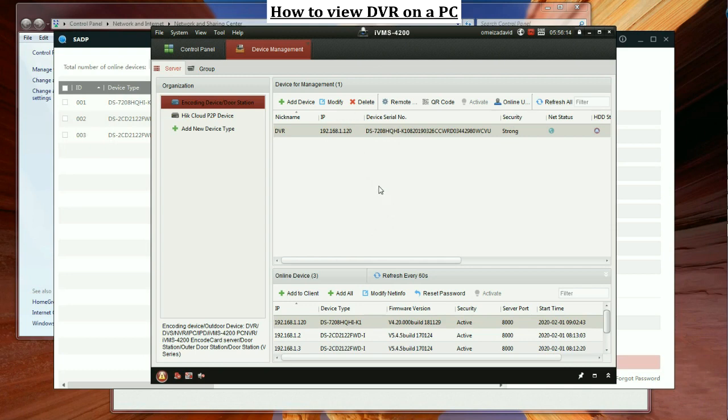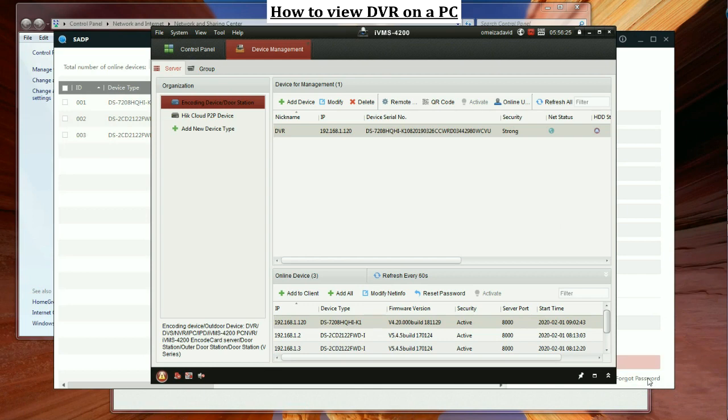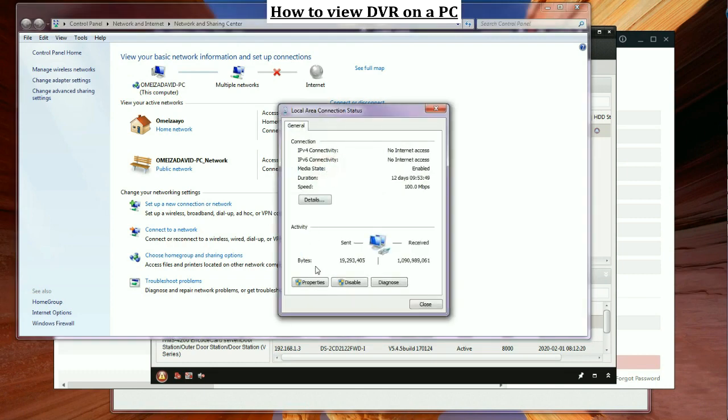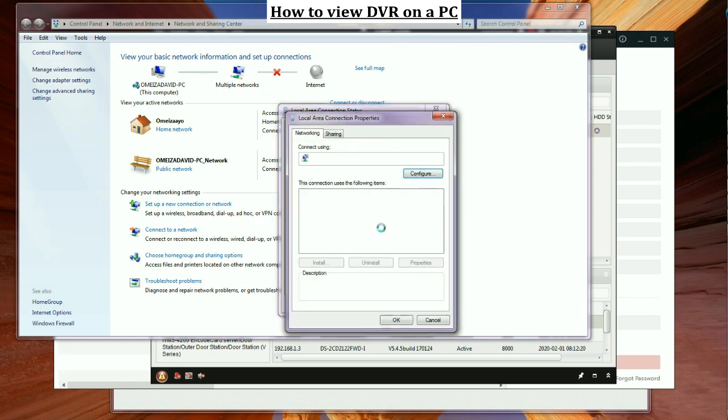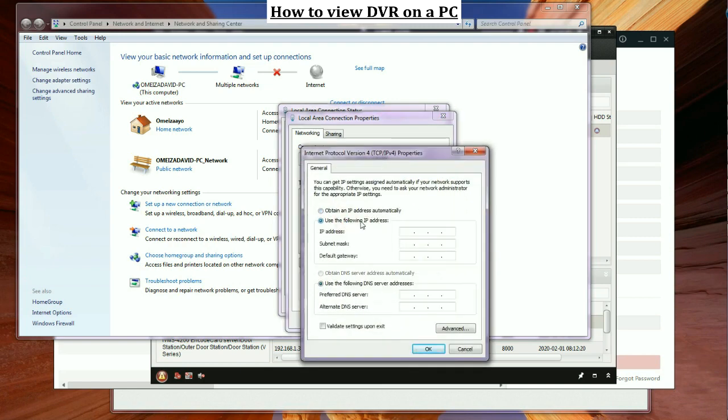One thing that you must remember is, to use this, you need to go to your internet icon here, and then come to open network sharing. If you're using local area or wireless, whichever one, you right click on it. That's if you are not sure whether it has been done on your system, or whether you're on the same network or not. If it doesn't work that way, you come to properties, come to IP version 4, you enable this,